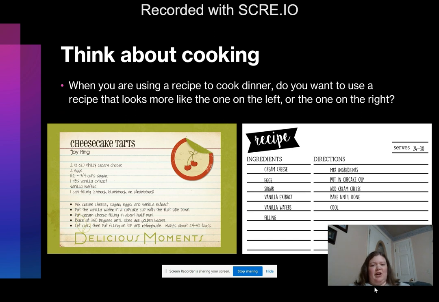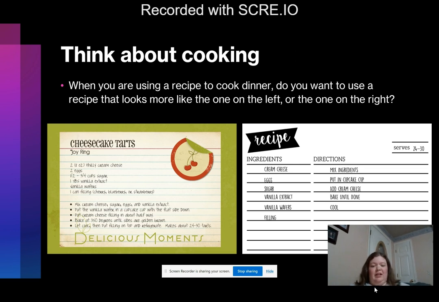And I'd like to end with this thought. Task analyses are really similar to recipes that we use on the day-to-day basis. Recipes are task analyses that we use in our day-to-day lives. So here's the same recipe just written out two different ways. Which one would you prefer to use? The one on the left that tells you the exact amount of each ingredient and gives exactly what you need to be doing with each step of the process and exactly how long to cook, how many, and at what heat, or like the one you'd see on the right-hand side,